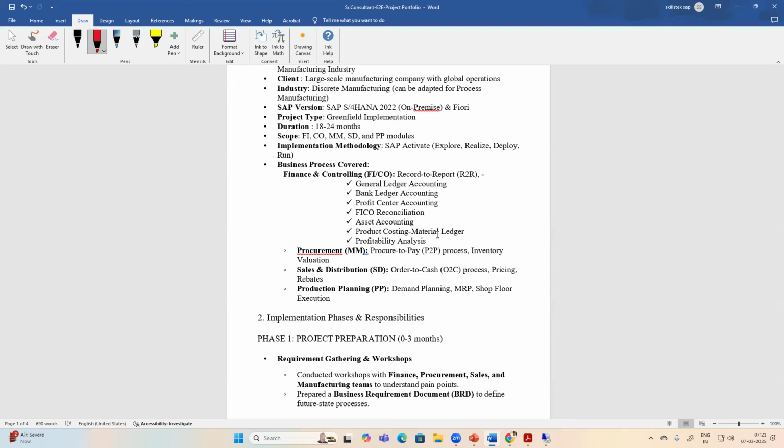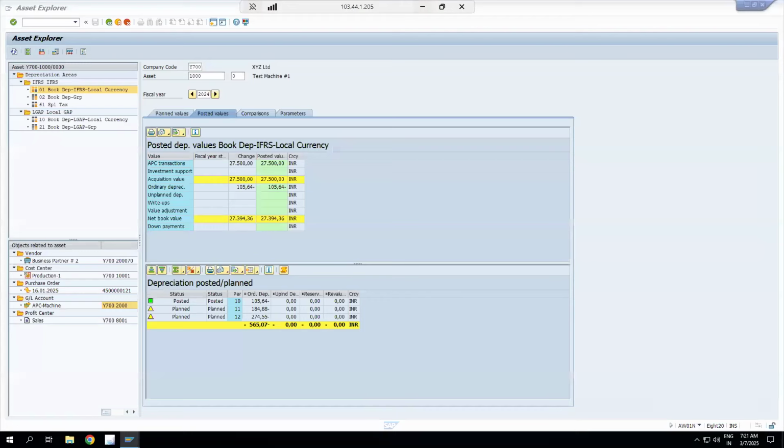No, absolutely, 100% not correct. Product costing is a business process itself, but it is connected with your record to report, because the moment you post any FI entry, for example, let's say we are paying salary, the accounting entry will be posted in the FI system. I post in finance: salary account debit, payable or bank account credit. And when you post that expenditure, one cost object has to be there. If I check one document,